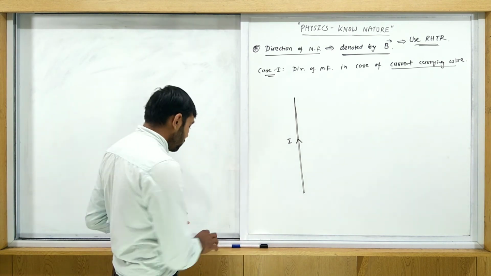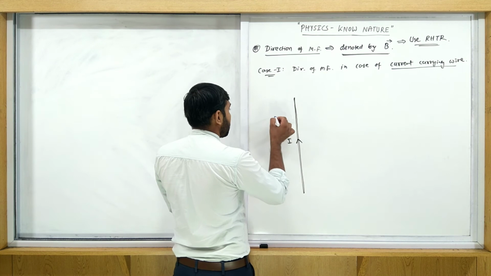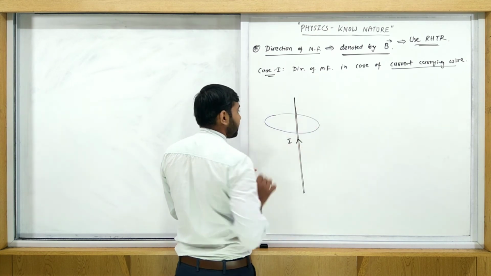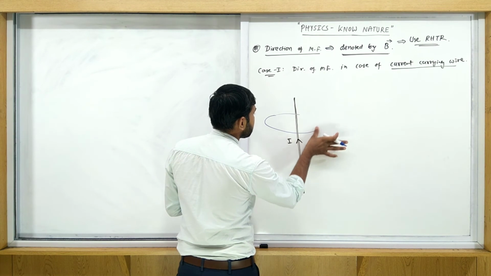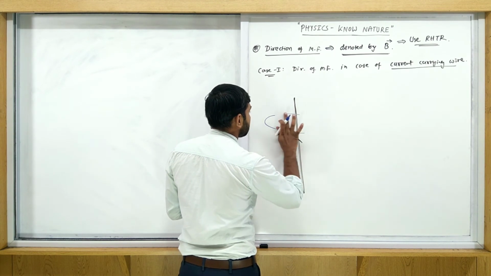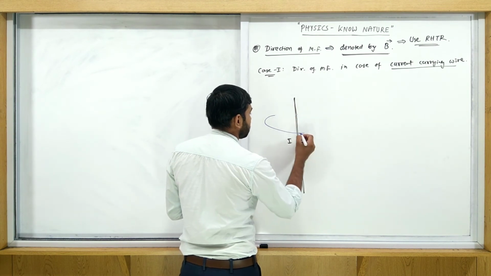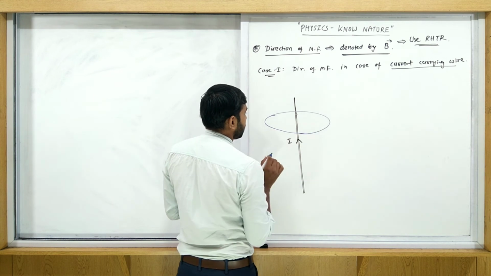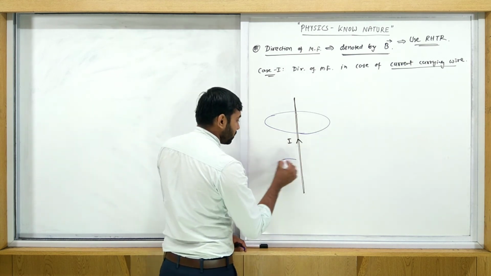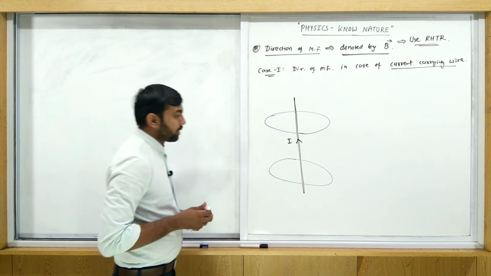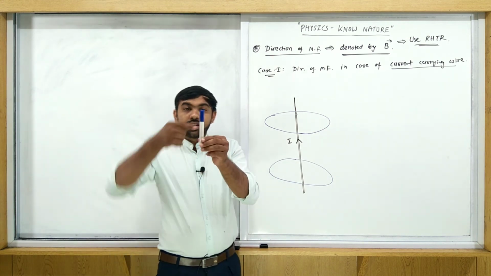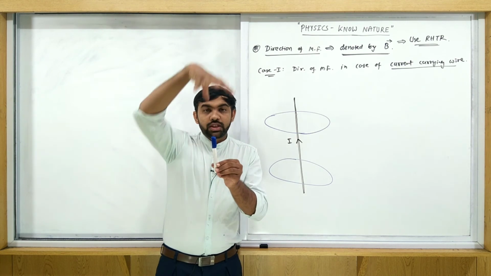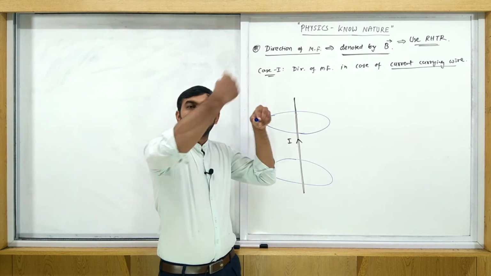Tangent means circle. So you just draw the circle here, like this. You draw the circle anywhere. That is the first circle, or you draw another circle. So there are two possibilities. The actual situation is like this: that is a wire, and I am drawing the circle in this way. If you see the top view, that is a wire, and I am drawing the circle in this way.